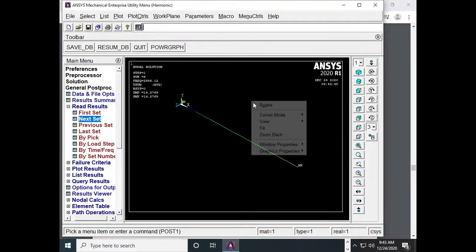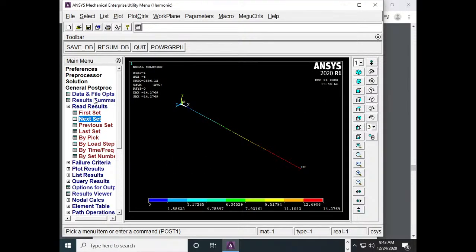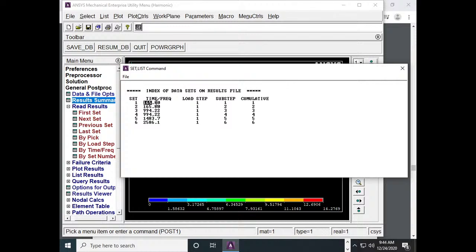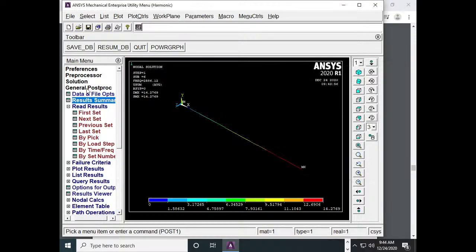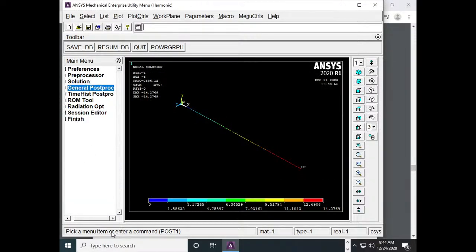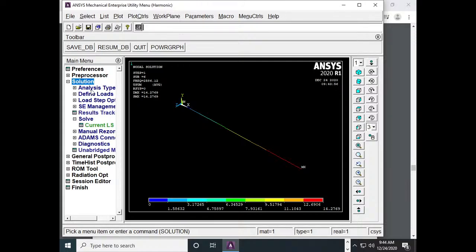So you have to note down the frequencies now. The starting is 165, the ending is 2586, right? You should remember these two frequencies. Starting is 165 and ending will be 2586. Okay, so let us click on finish so that this analysis will be finished, and go to solution,